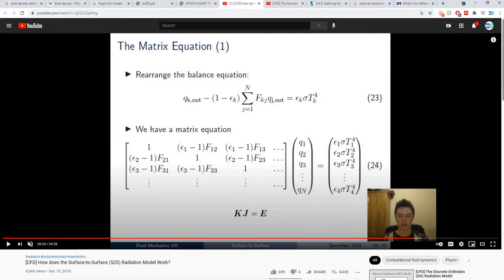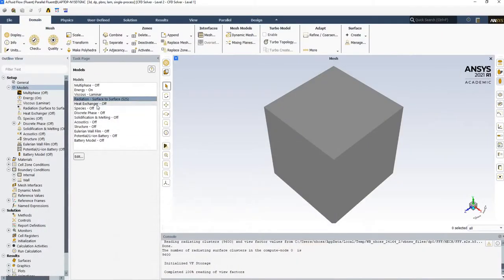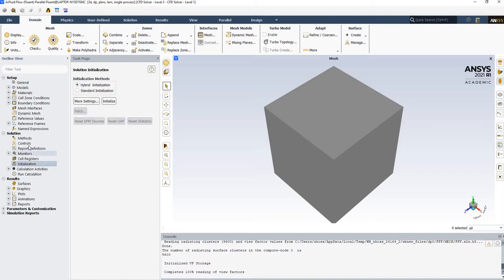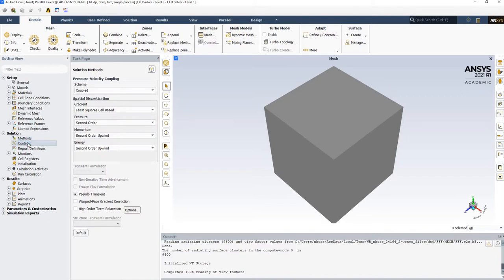Okay, this J is called radioactivity vector. Anyways, other than that, let's see, boundary condition was the confusing part. Methods, you can go with the default for the other features. I'll skip those things. One thing they did in the tutorial is